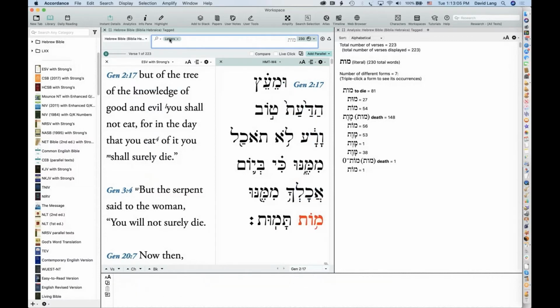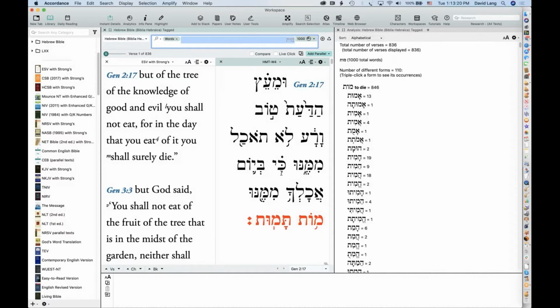Oh, it's because I did a letters search, because it had switched to literal search in this particular tab. It only found moat here. It didn't find tamut. What I want is to do a word search, and I want to find every occurrence of moot.